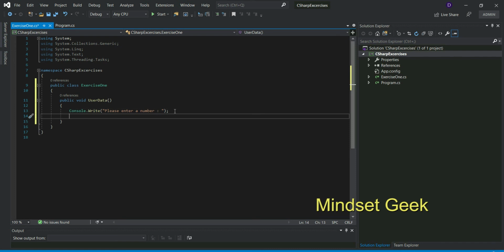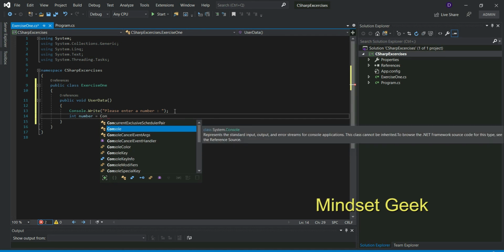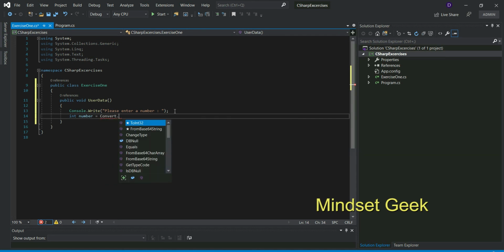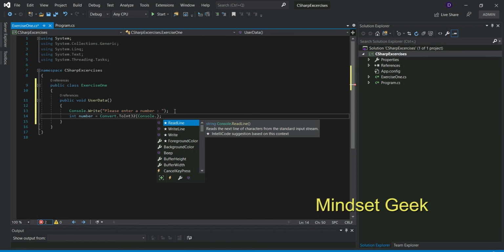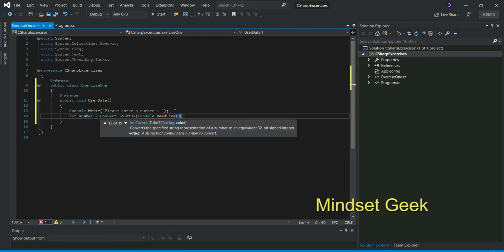And create a variable number. First of all, we need to convert that number to Int32, right? Convert dot ToInt32, first, then get the user's value, Console dot ReadLine, right?